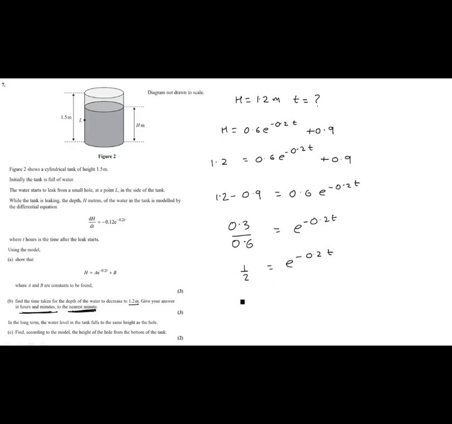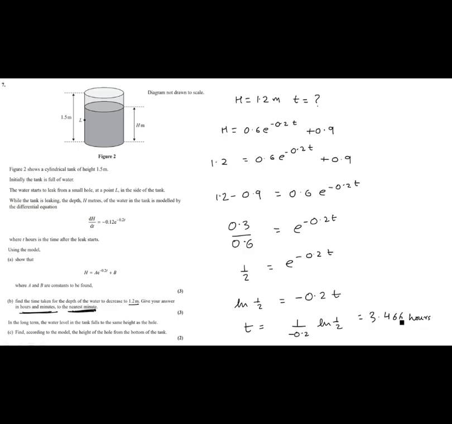So now take ln on both sides, so ln half equals, so when you take ln here, the power will come to the front. That means t will be 1 over minus 0.2 ln half. Now let's calculate the value of ln half, 0.5 and then divided by minus 0.2. So that comes out as 3.466